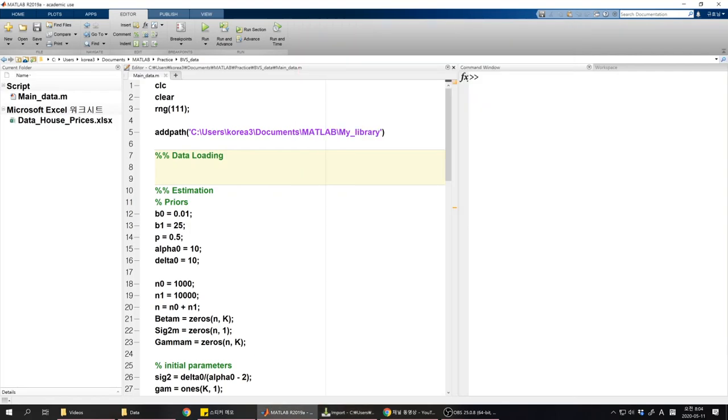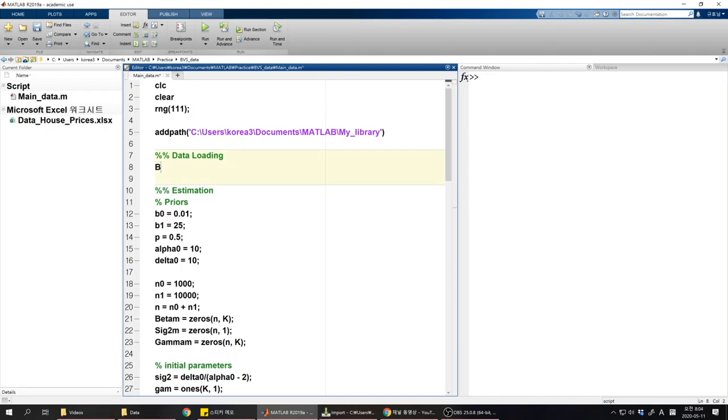Okay, here, B32, P162. Okay, the data, of course,